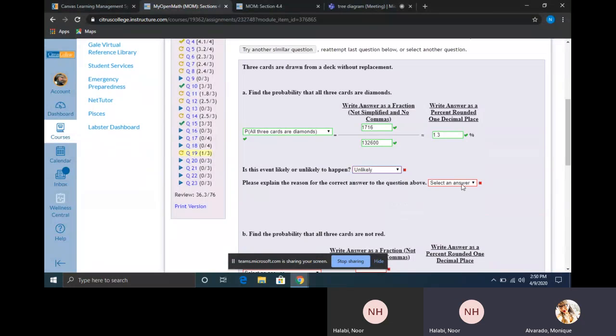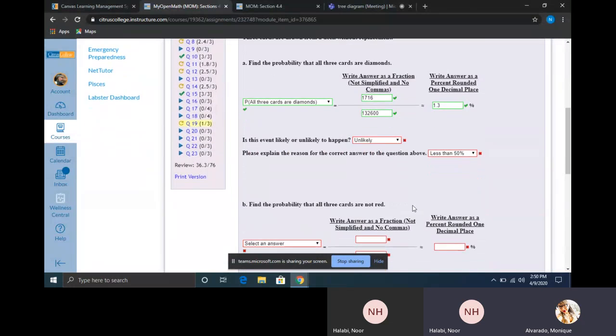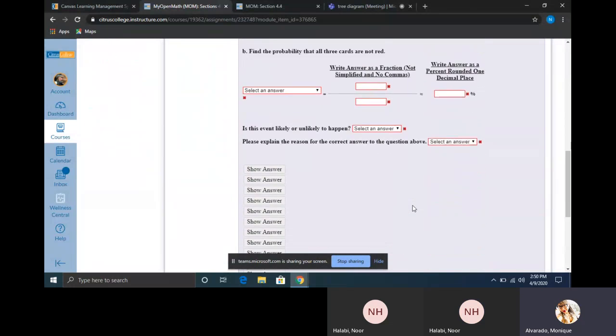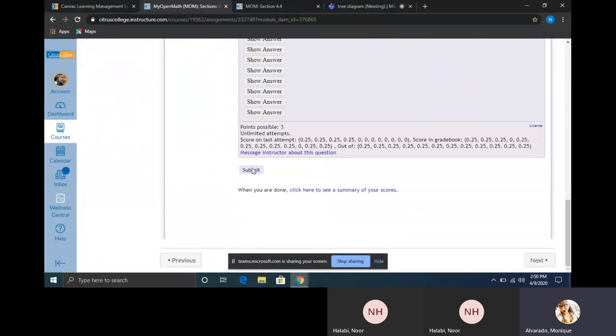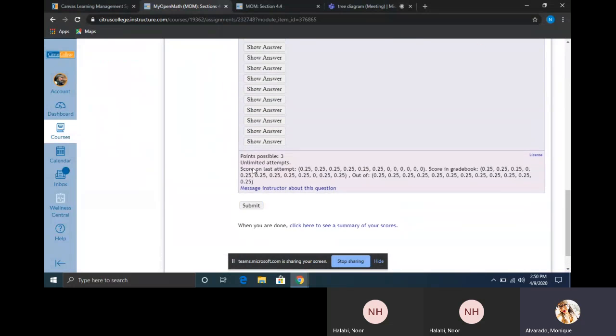So is that likely to happen? It's unlikely, right? So less than 50%. Okay, let me see. I'm going to enter it to see if the system says it's correct. I know it is, but